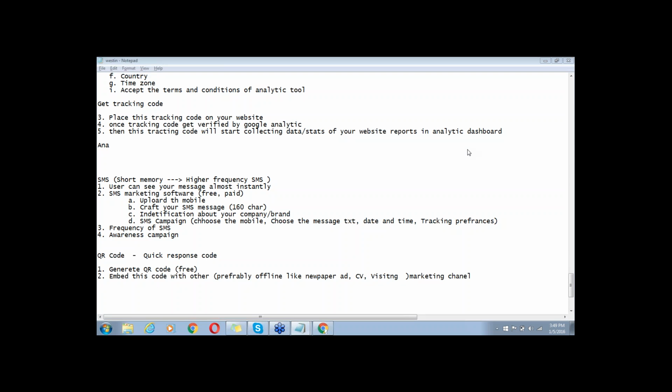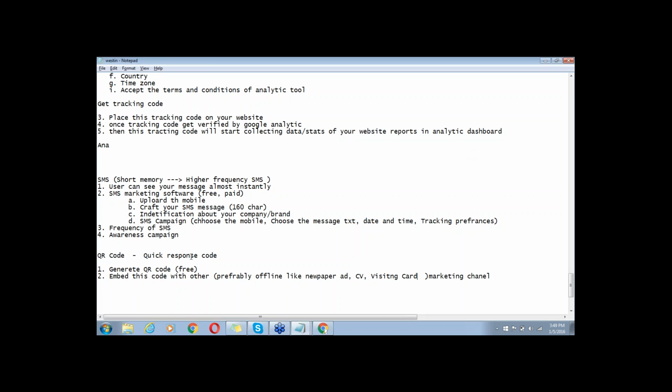Any of you have used the live app of Times of India? Times of India में जो live app आती है? None of you have used it. Okay, it's okay. I will show you how you can use it.